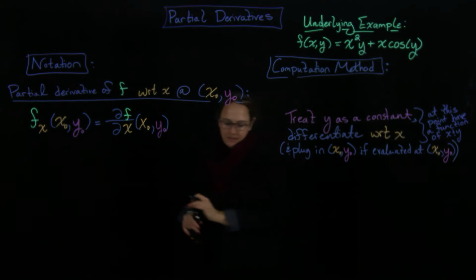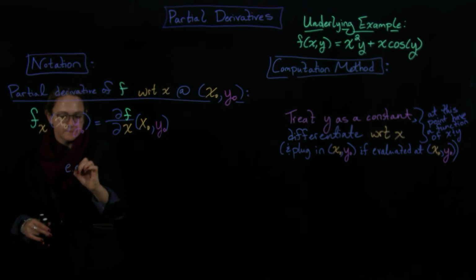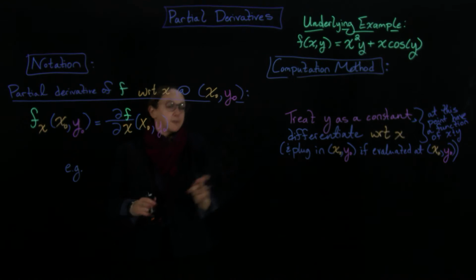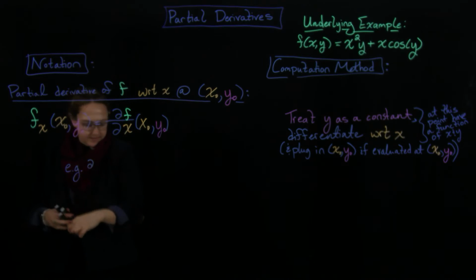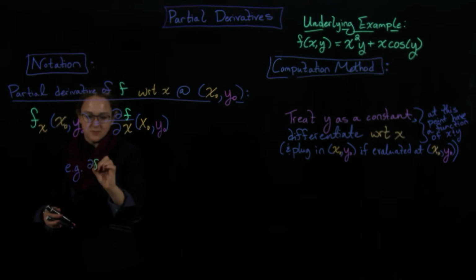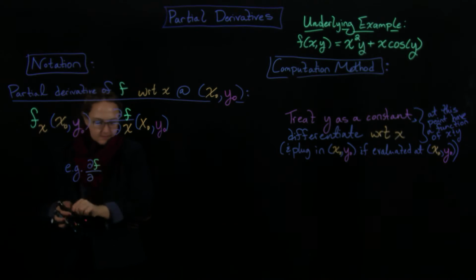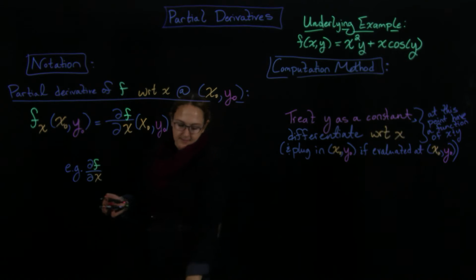Okay, so let's do an example. So here's our example. So we're looking at that underlying example up there. So we want to take the partial derivative. The first thing we want to do is to take the partial derivative with respect to, and we said we're taking it with respect to x. So we'll go ahead. We're going to use this notation. Okay. So this is going to equal,